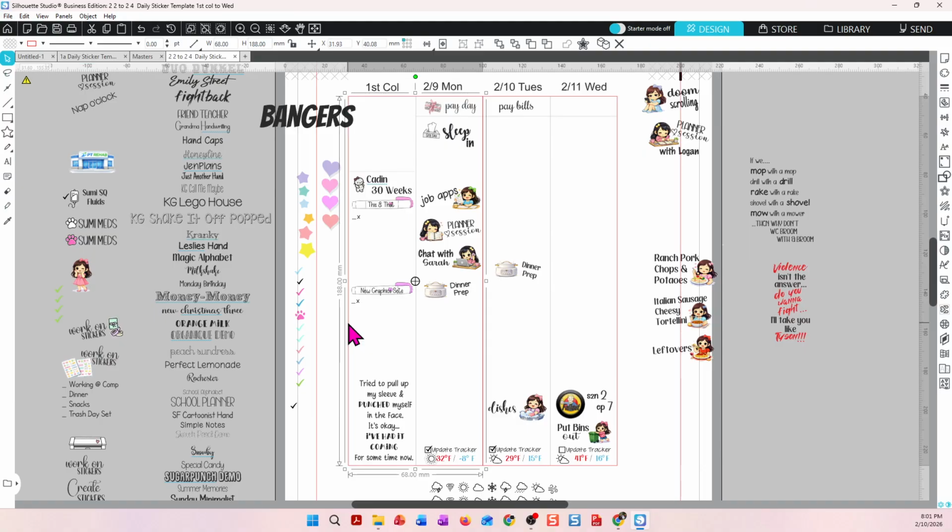So for 2 columns, it's 68 millimeters across, and it's 188 millimeters tall. So one column is going to be 34 millimeters wide. And so I have those 4 columns here,